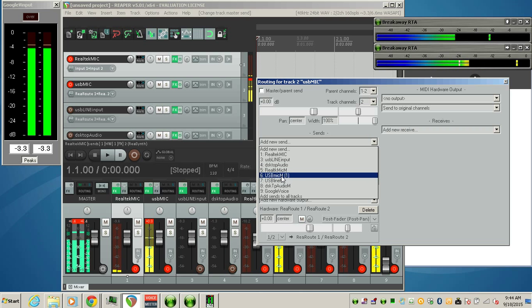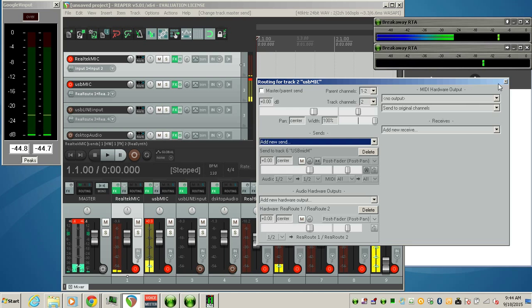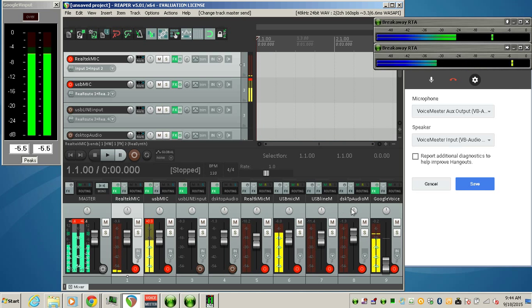There it is, USB mic M monitor. Which is right here, right there. So we can take it up, take it down. I'm just leaving it right about there. If you double click it, it goes right back to 0 dB. So that's how, if you wanted to monitor your own voice or not,